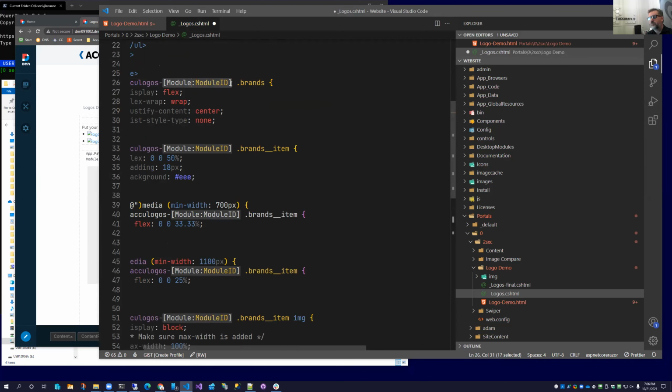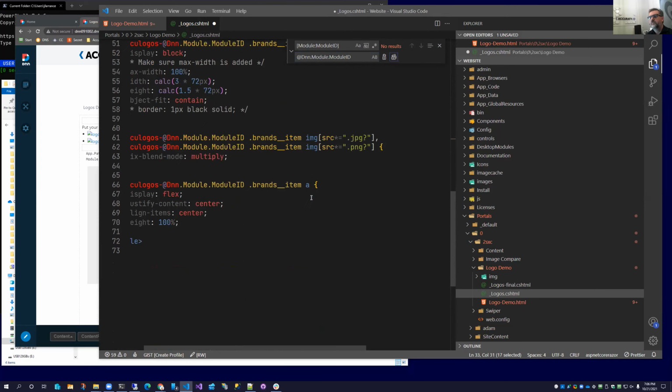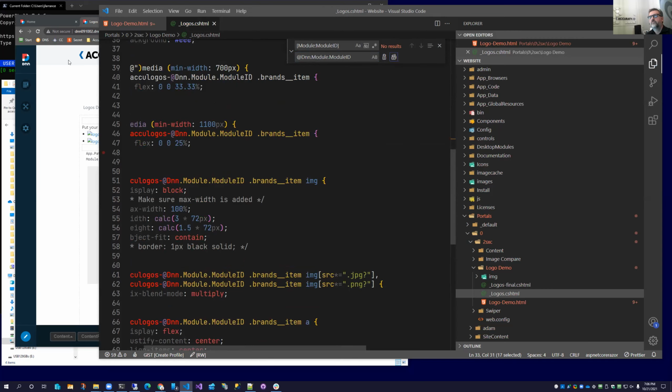And then all of these need to get replaced. And we can do that nice and quickly with @dnn.module.module_ID. That looks right. Replace all. Save.